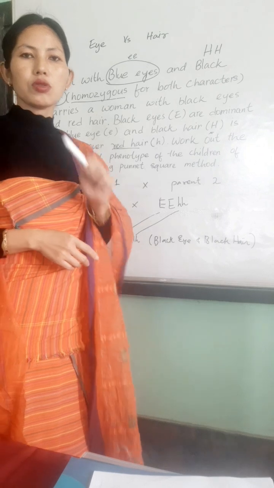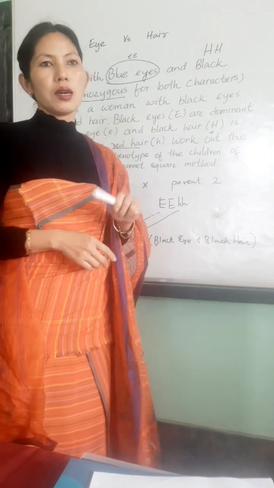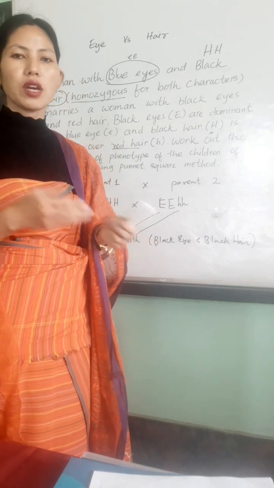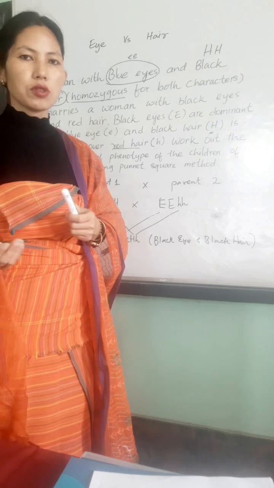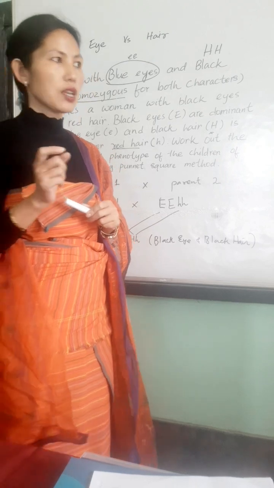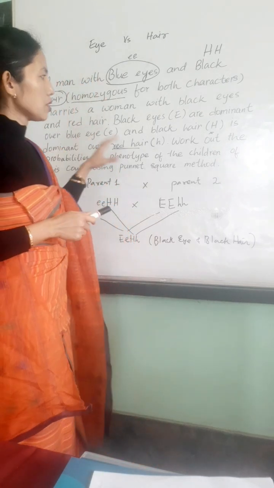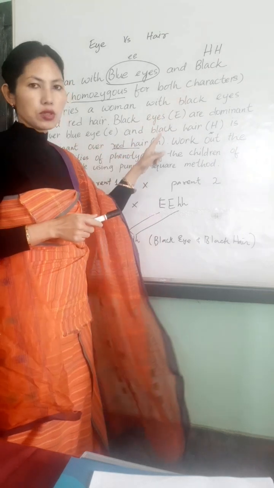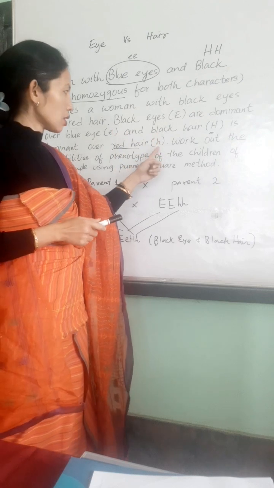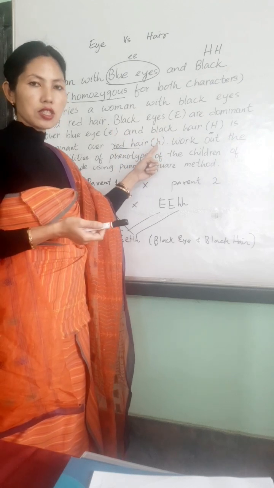And this is where students mostly make the mistake of identifying it as a monohybrid cross, and sometimes even a monohybrid they think of as a dihybrid cross. And the second mistake they make is in the use of the letter. For example, here it's already mentioned in the question what letter is being used, so you can follow the same. But sometimes if the letter is not given in the question,